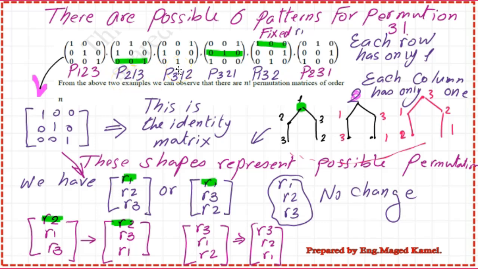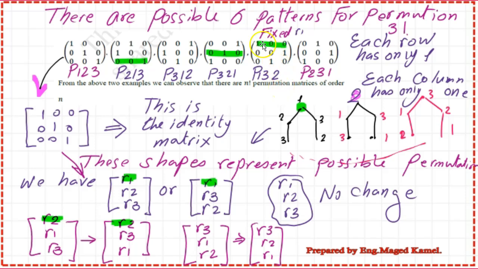This third matrix, we have B312. Instead of the first row, the third row will come up, which was 0 0 1, followed by the first row, which was 1 0 0, and the second row goes down from the second position to the third position, 0 1 0. B321: the third row 0 0 1 will become the first row, followed by the second row. There is no change here, and the first row will become the last row. The first row was 1 0 0. It will become the third row.